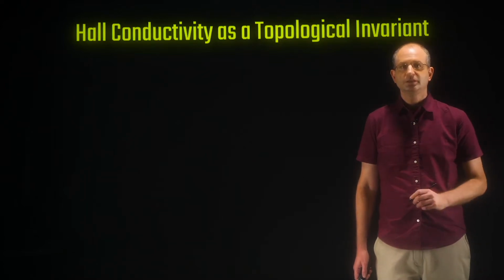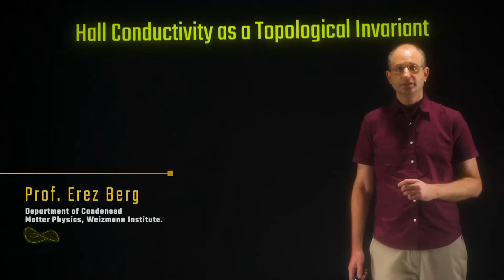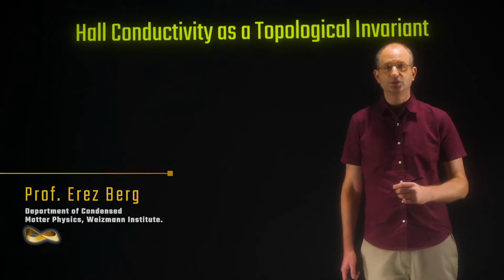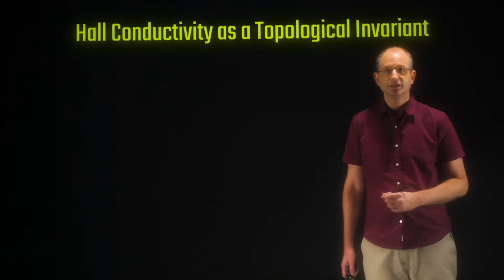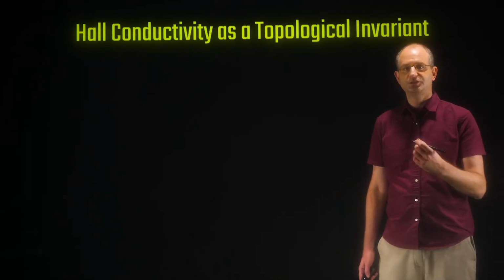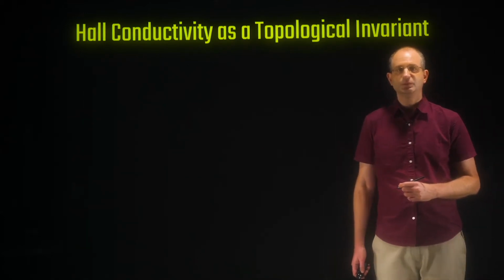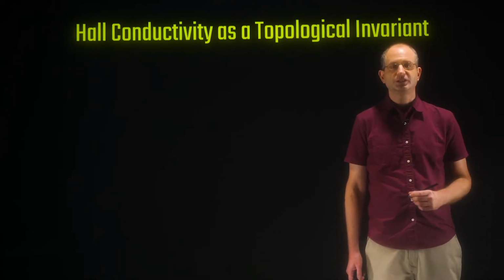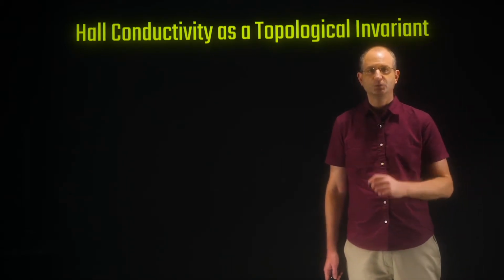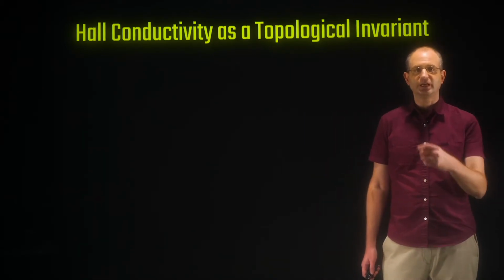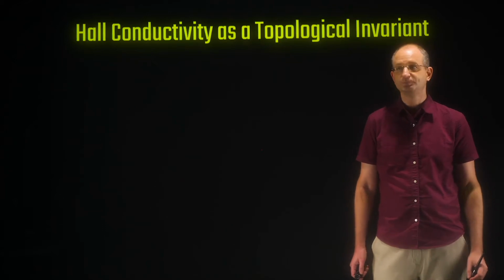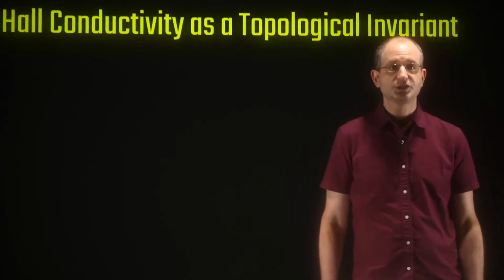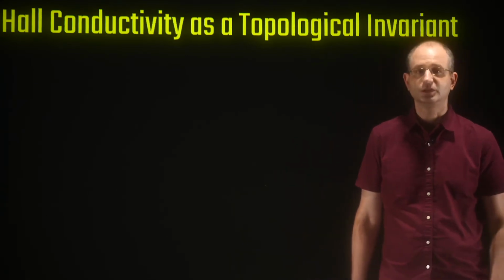Okay, so in the last lecture, we saw the Haldane model, which is a model of electrons hopping on a honeycomb lattice like graphene, but with a gap, with a mass term, which opens a gap. And we saw that such a mass term could drive the system into two topologically distinct gapped phases. One of them was characterized by a Chern number which is 0, and the other one by a Chern number which is non-zero. So what we didn't see is what is actually the physical significance of this topological quantum number,